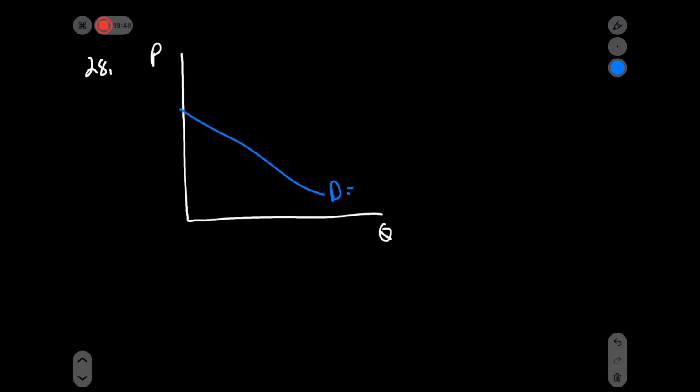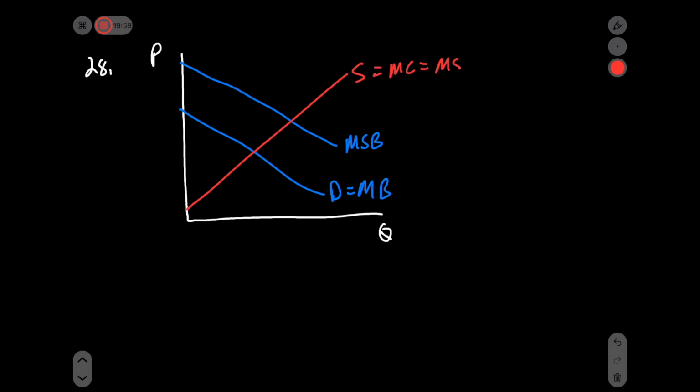Question 28. In the case of a positive externality, which of the following is true? That is, at the unregulated market equilibrium, what would we expect to find? This is a positive externality, so we've got the following demand function, the marginal social benefit function, and then some supply function, which equals the marginal social cost function. We're going to be here at equilibrium A. This is the private equilibrium outcome